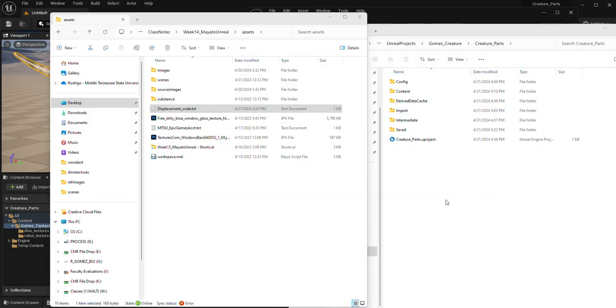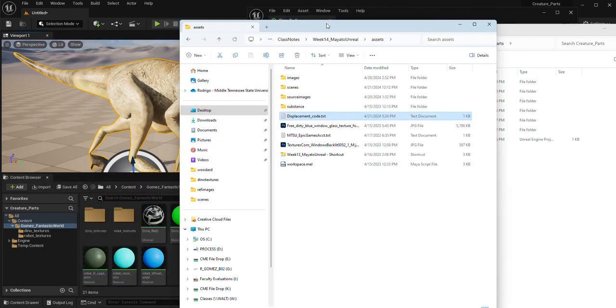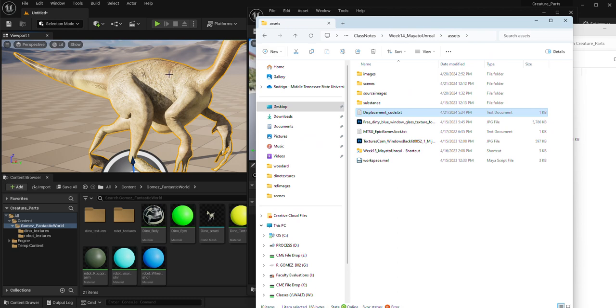So now we are going to activate code to allow us to have the displacement that we created in ZBrush work here in Unreal, at least as best we can. So I have this little code here that I'm going to share with you, the displacement code,